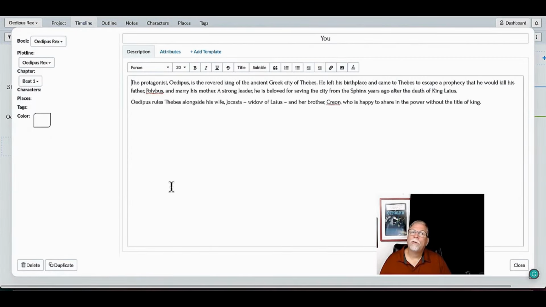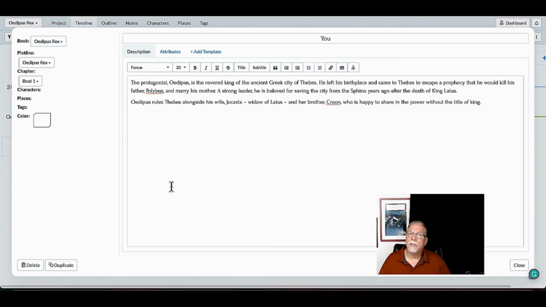We're going to meet our protagonist, Oedipus. He's the revered king of the ancient Greek city of Thebes. He left his birthplace in Corinth and came there to escape a prophecy that said that he would kill his father and marry his mother. He's a strong leader and beloved for saving the city from the Sphinx when he first arrived, after the death